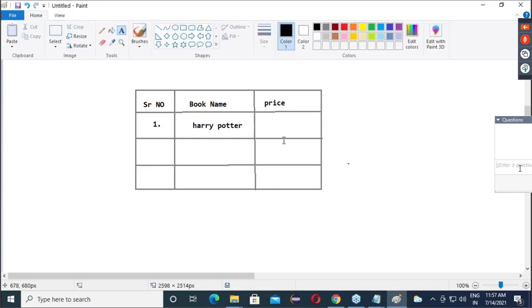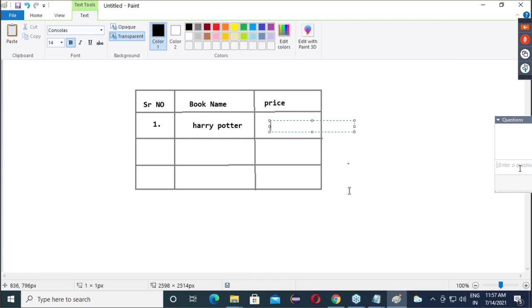What is the price of Harry Potter? Price? $2,500? No, 250. More than enough. We are Indians. We have to do bargaining.